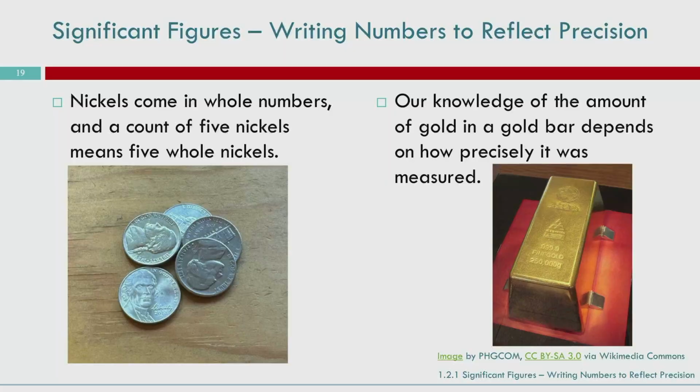There are a couple of things that are exempt, sort of, from significant figures. Nickels and anything that comes in whole numbers where you can count them. If I count 1, 2, 3, 4, 5 of my nickels, those are my nickels. I have those nickels at home. 5 nickels. Exactly 5 nickels. Nobody in this room, hopefully, would say, no, Mr. K, you're wrong. That's 4.9 nickels. You're lying to us, right? That's exactly 5 nickels. If I count up the number of students in the class, let's say that we've got 59 students in the class. Nobody would say, Mr. K, you're wrong. You have 50.5 students in the class,